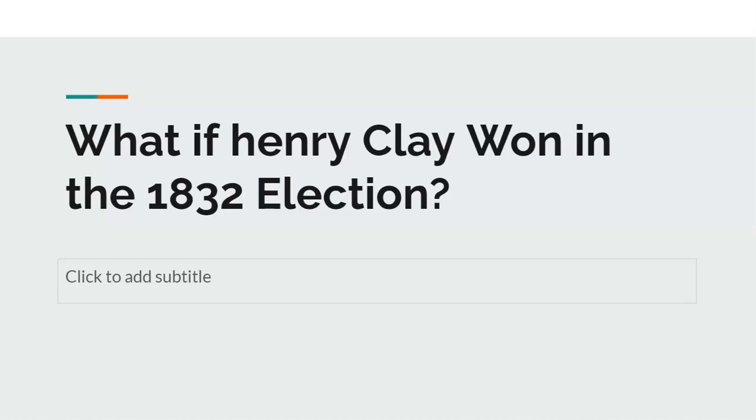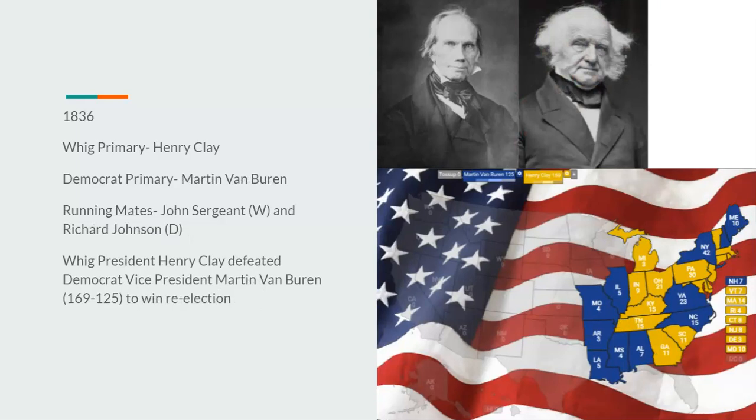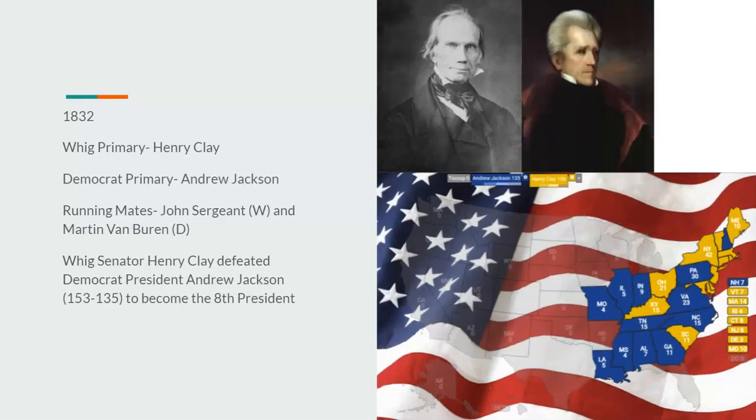Of course, we do basic procedure, give Clay the closest states that would have given him the victory, which gives him 153 electoral votes. That's the smallest amount he'd win by, and he would become the 8th president, defeating Andrew Jackson. Going on to, let's go back. In his first term, not much would be done, but the Second Bank of the United States would be established, and the Second Seminole War would happen.